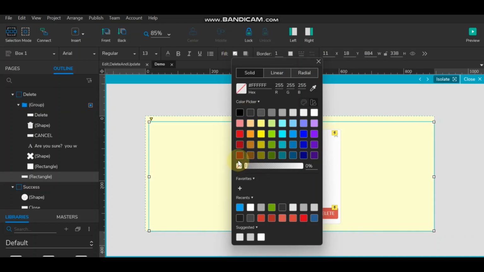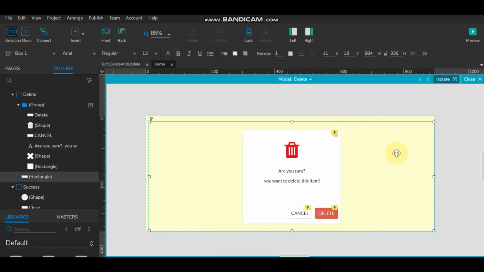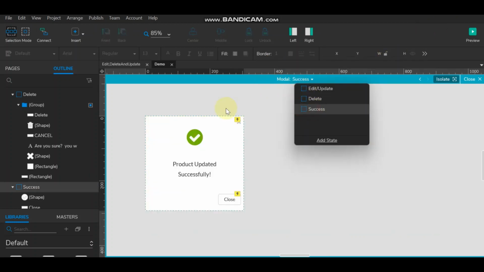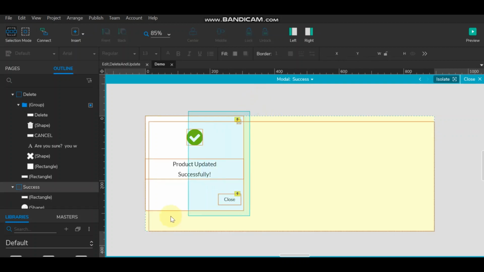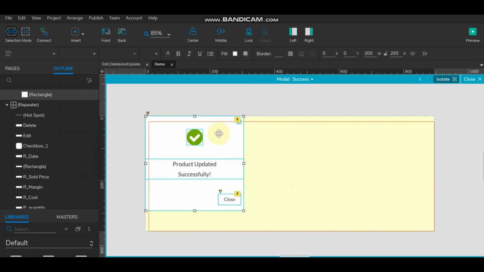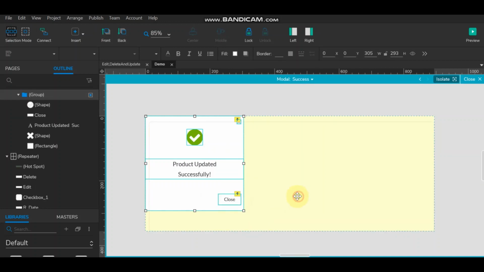Here just color, copy, and then go for success. So here select this, unselect this, group it,